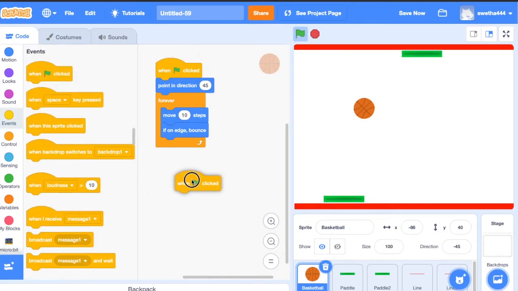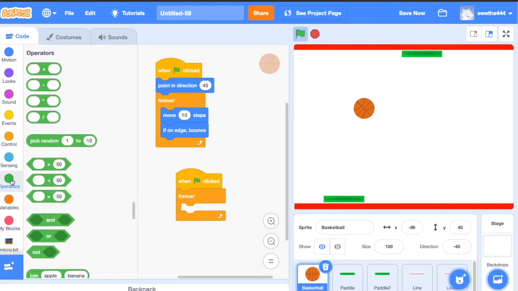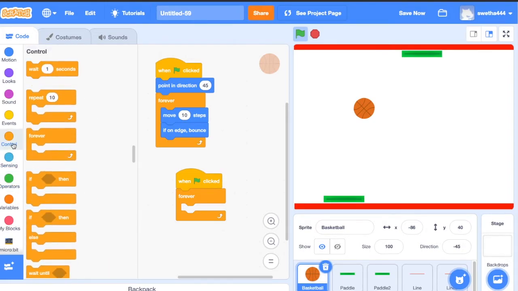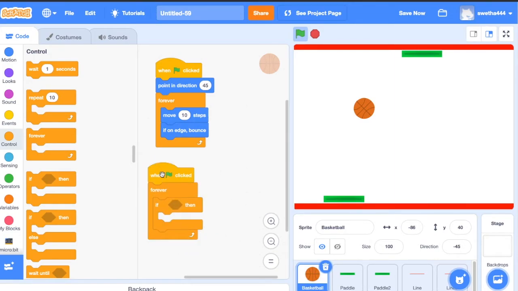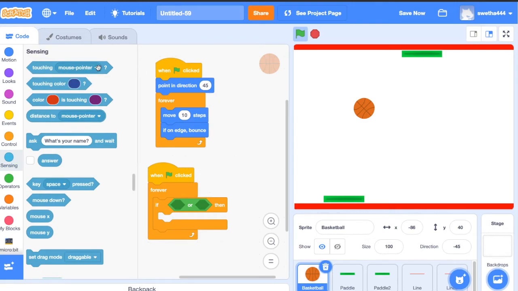When green flag clicks, control forever. Click on operators. Okay, click on controls. Drag if the ball touches the paddle. Here we have two paddles. So click on operators, drag or, click on sensing.